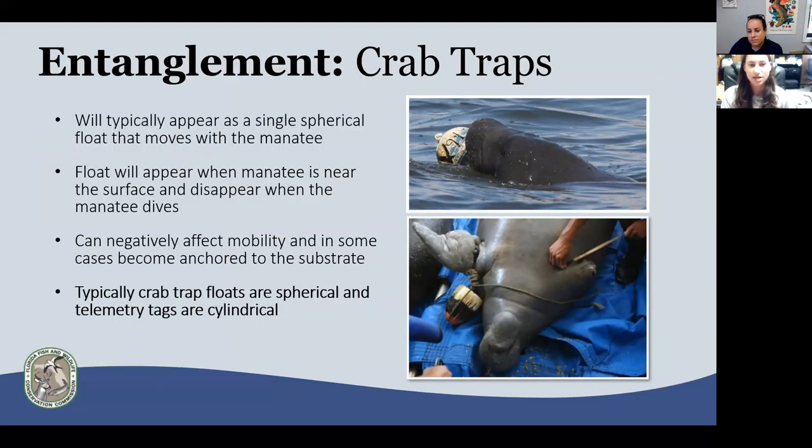So we do get a lot of entanglements, unfortunately, as well. The two main types of entanglements we see are from crab traps and monofilament fishing line. A crab trap is usually a single spherical float that will move with the manatee. So when the manatee is at the surface, it's at the surface with it, and when it submerges, so will the crab trap float. Now this can really affect their mobility. It can get wrapped around their flippers, it can drag along the substrate and affect their ability to come up